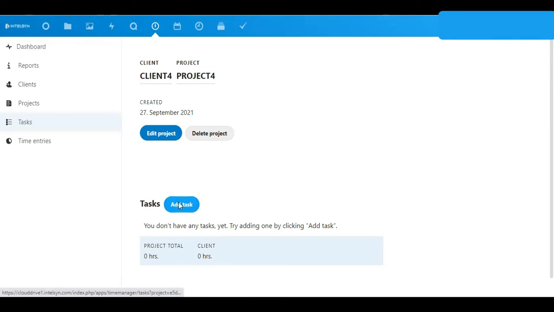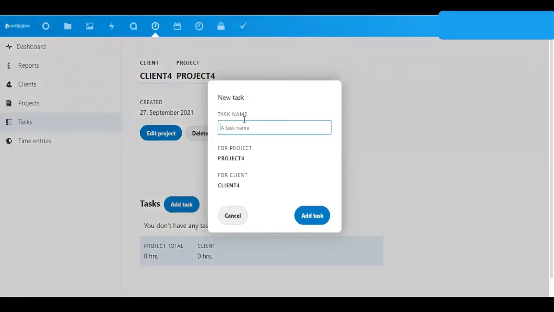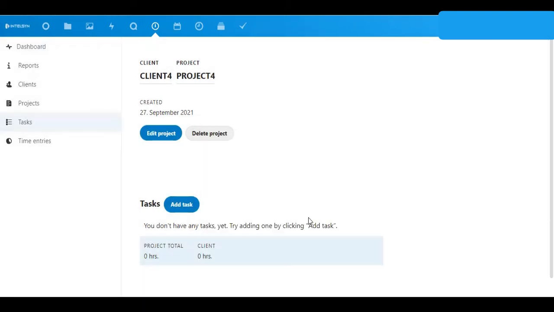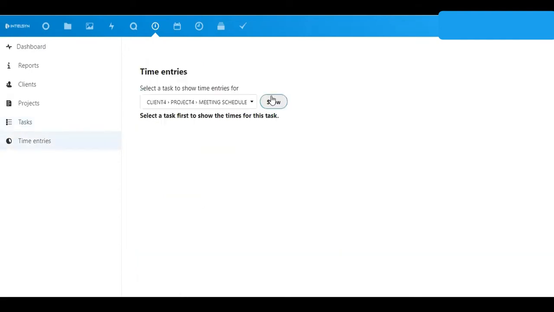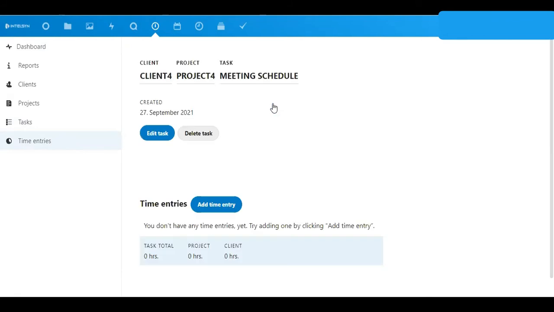Similarly, you can even add a task. So my task will be meeting schedule. Add task. Once the task has been created, go to time entries. Now you can add the time entries,